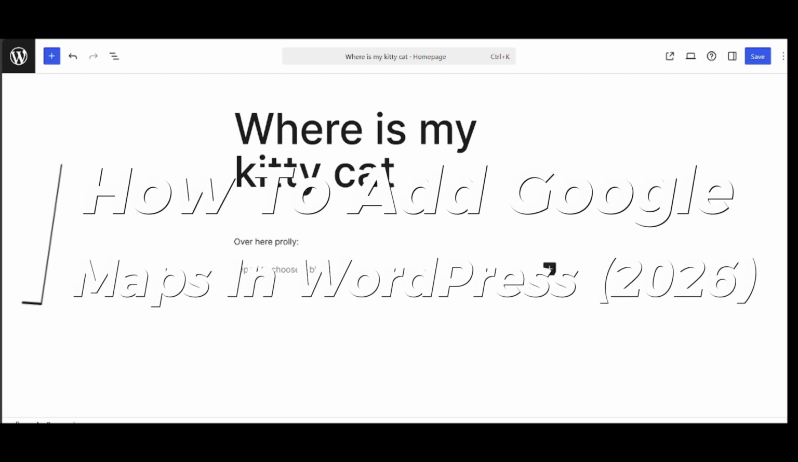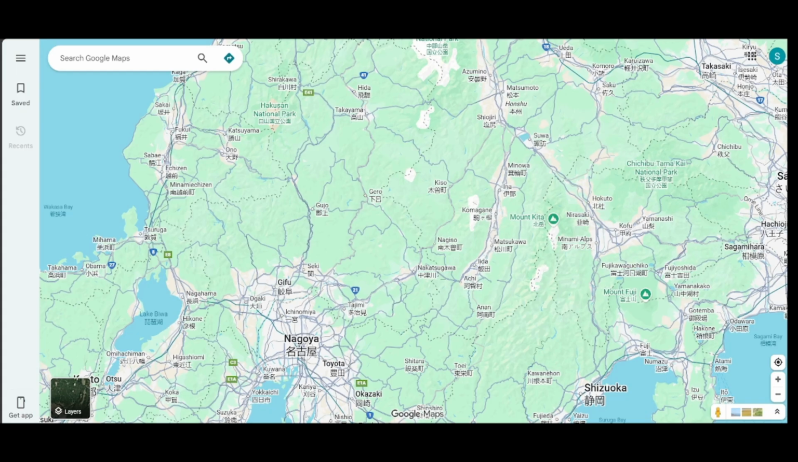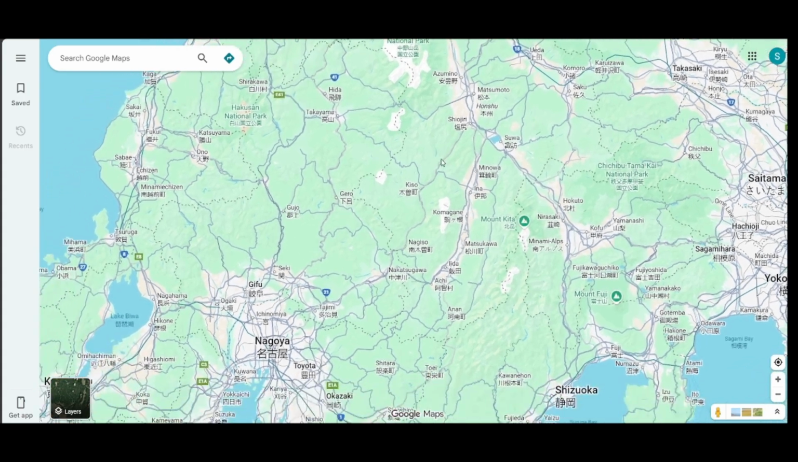How to add Google Maps in WordPress. So just go ahead and get your domain ready. But once it's all set up, just go ahead to your Google Maps and choose the location you want to